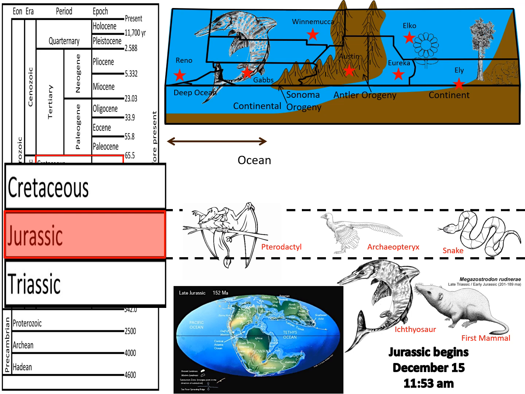It is December 15th at 11:53 a.m. and we begin the Jurassic. Dinosaurs would evolve through the Jurassic to rule the land, diversifying into many species, large and small. We will highlight well-known representatives that show up from each of the 5 groups we are following. This is in no way stating these were the only species to evolve from each group, as there are over 700 documented species of dinosaurs to date.